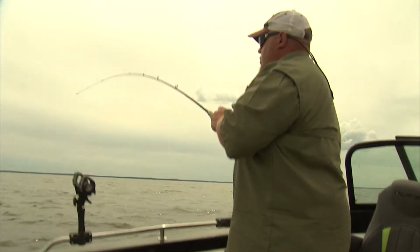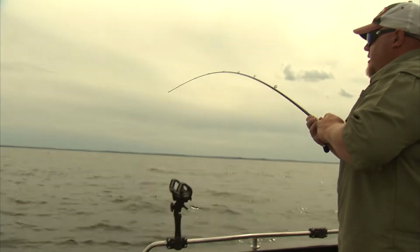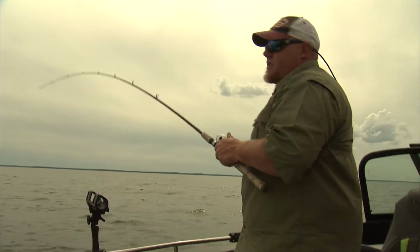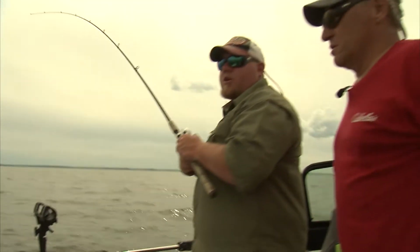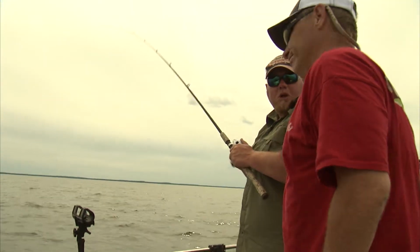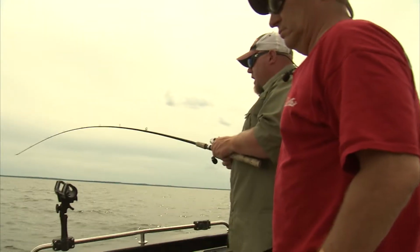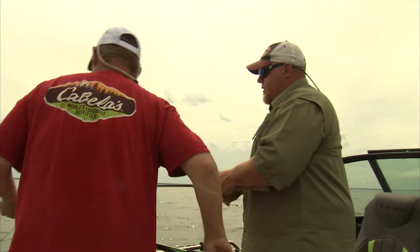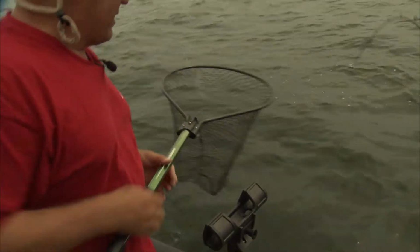How we doing, Brad? Oh, I just had this rod load up real nice, Mike. Did ya? Good. Yeah, that's the thing with spinner fishing. What we're doing today is a real simple approach. Mike's keeping the boat going about a mile an hour, placing the rods in the rod holders and letting the fish load the rod before you pull it out. And you know, Brad, the other thing that we talked...